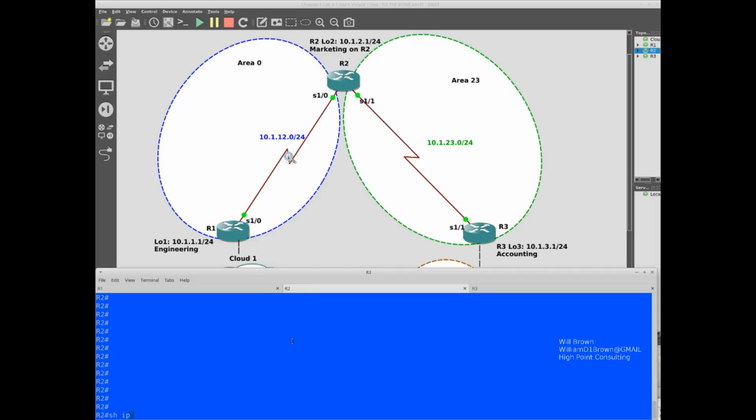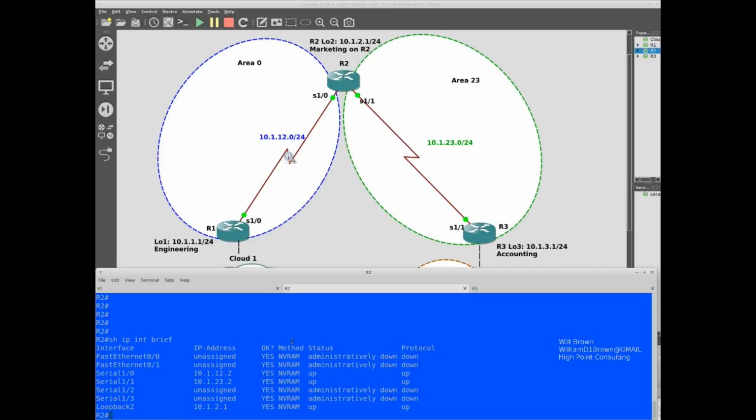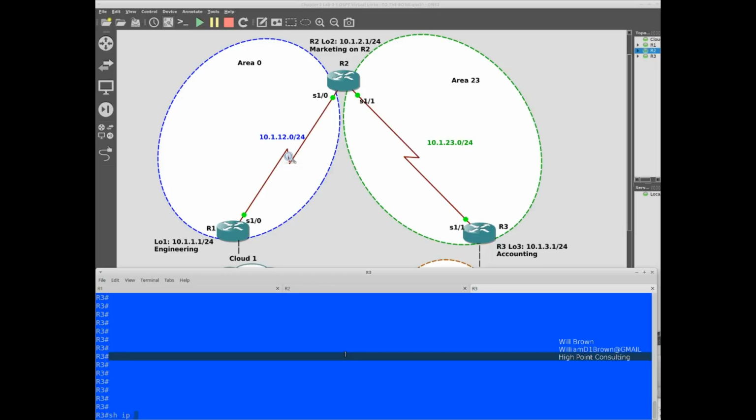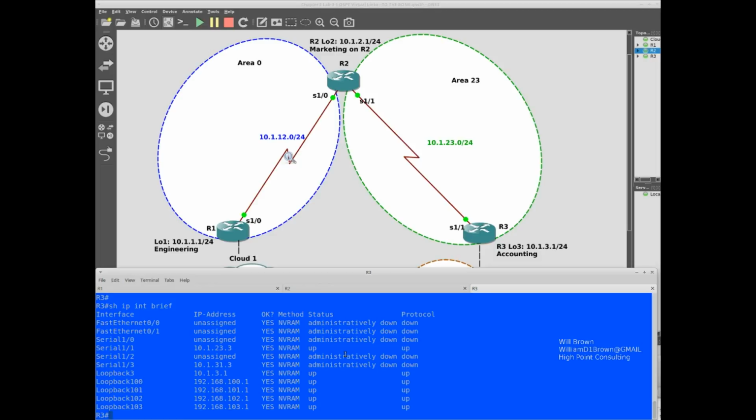Router 2, show IP interface brief. Again, all the interfaces are in the up and up state. Serial 1/0 is connecting down to R1. Serial 1/1 is connecting to R3. We'll have a loopback 2 on router 2. Now look at the interfaces on router 3.